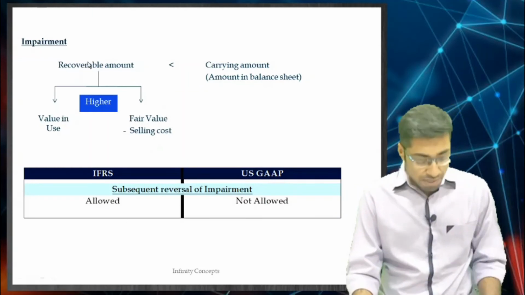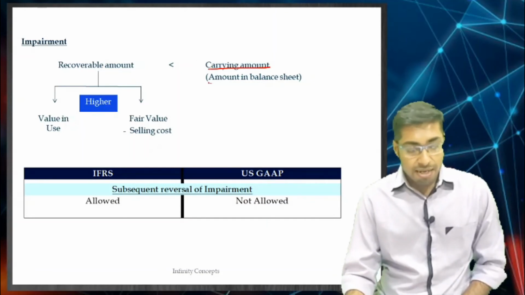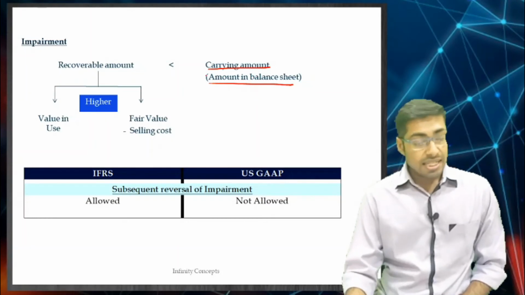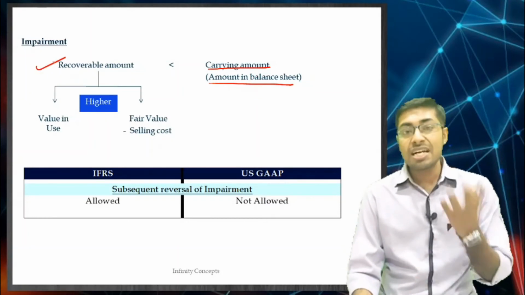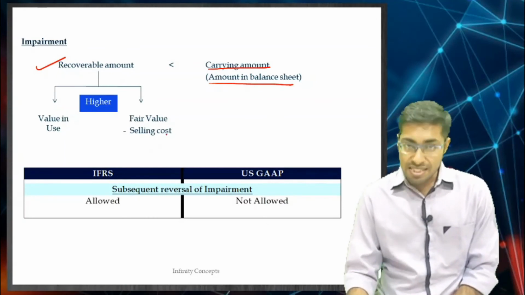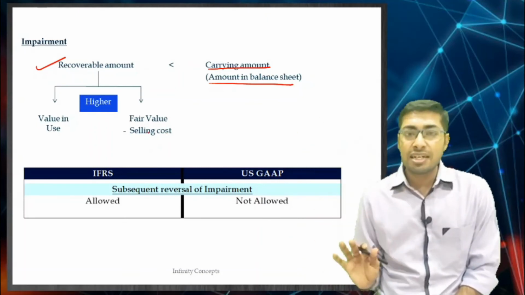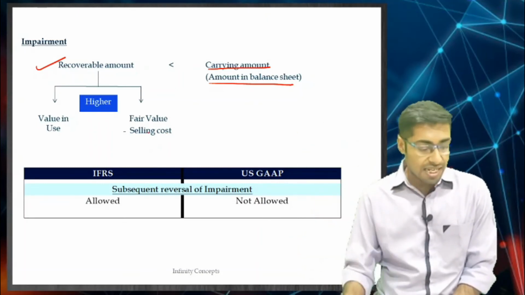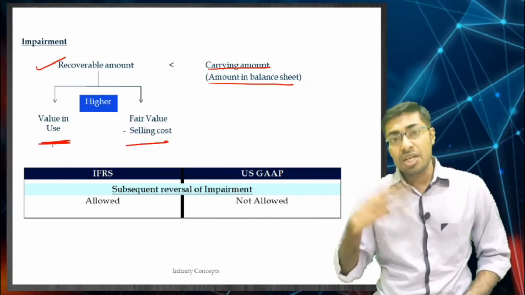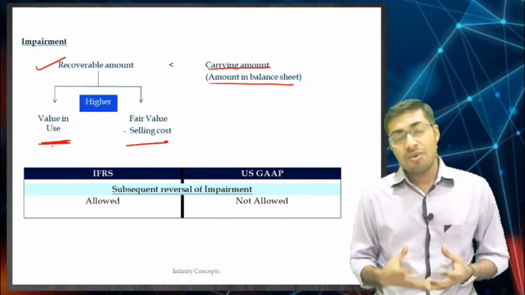So what do you mean by impairment? I already told you, impairment is if, for example, your carrying amount, the amount which is there in the balance sheet for the assets, is more than the recoverable amount. What is the recoverable amount? The recoverable amount is the fair value of the asset minus the selling cost, which is the amount that you will get in case you sell away the asset, or the value in use, that is by using this particular asset, what is the money that you are going to generate,